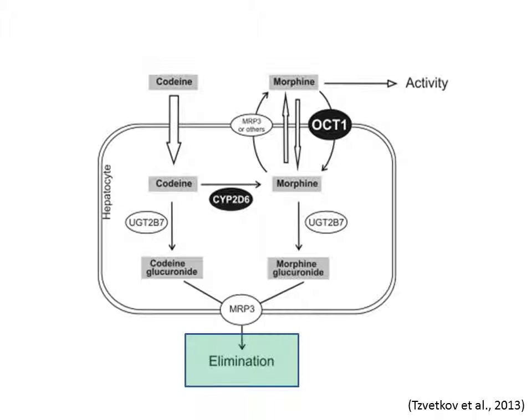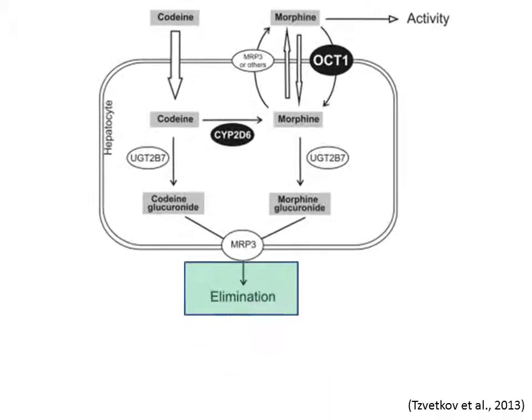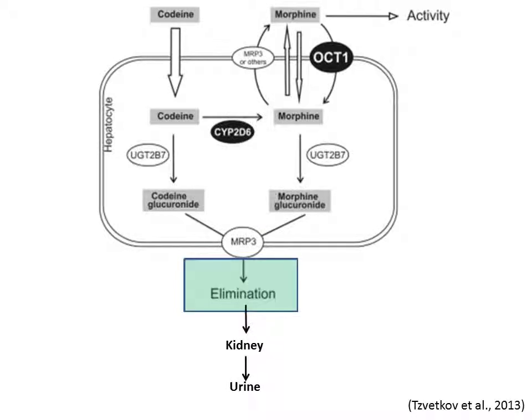So if we look back at this diagram, after metabolism occurs, some of the metabolites will be eliminated. Through metabolism, the compounds have become more polar and water-soluble, especially the codeine and morphine conjugates. As such, they can no longer pass through the membranes by simple diffusion. So to be distributed towards excretion pathways, the metabolites are transported out of the hepatocytes by the multi-drug resistance associated proteins. The compounds are circulated to the kidney where they will be excreted in the urine.